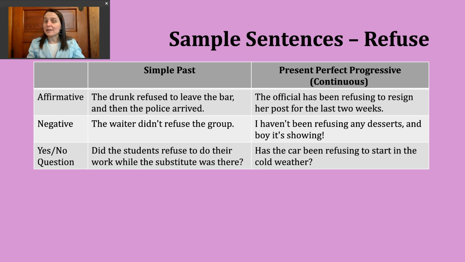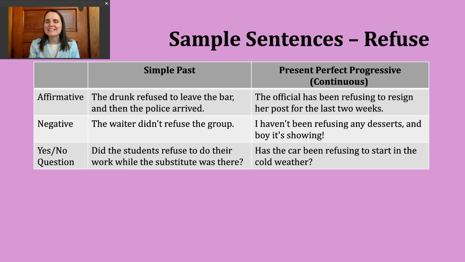Okay? So again, this goes back to that idea of like, I'm not going to do it. I'm not going to do what you've asked me to do. So official here is singular. That's why you see has been and then the ing form of the verb. Let's take a look at a negative example. Again, our general structure is that we're going to have our subject, then have or has, then not, then been, and then the ing form the verb.